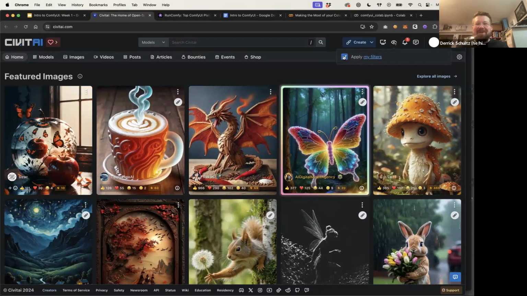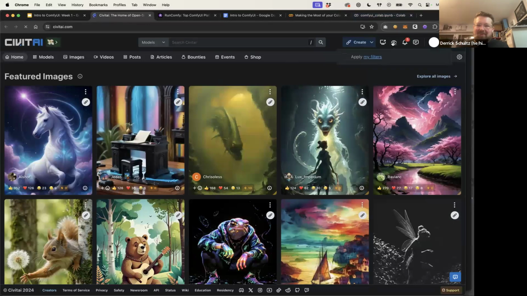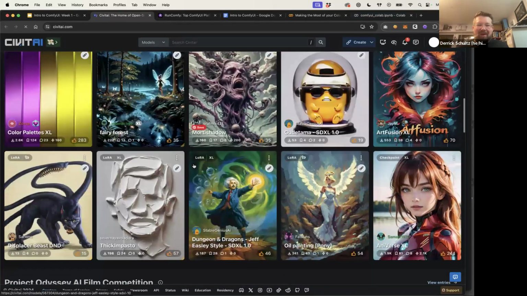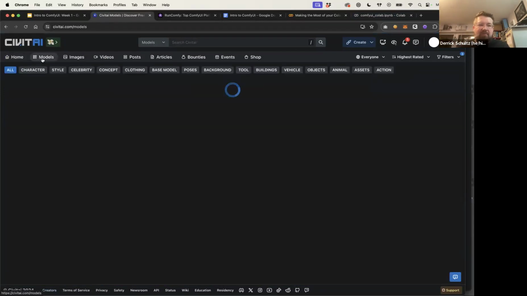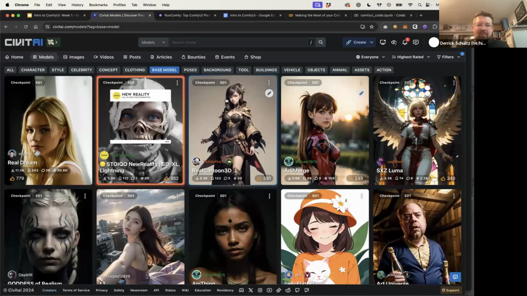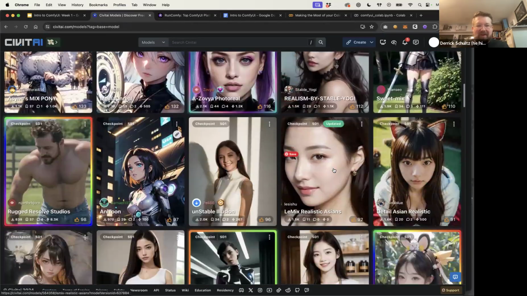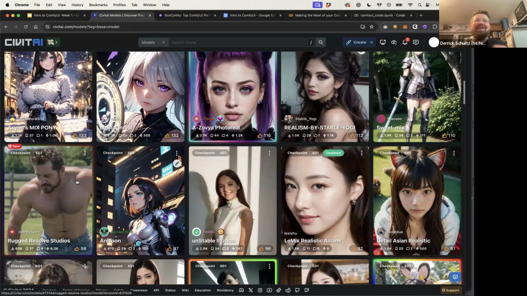Oh God, I'm going to do it and hope that this doesn't backfire on me. Okay, so far so good. But yes, there are definitely some issues with the site. But if you go to models and you go to base model, okay, you will see lots of women, but at least they all have clothes on, so that's good. Oh, there's a guy without a shirt on. That's nice. Some diversity here.